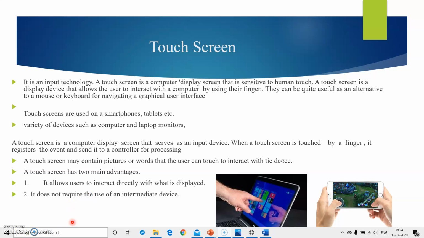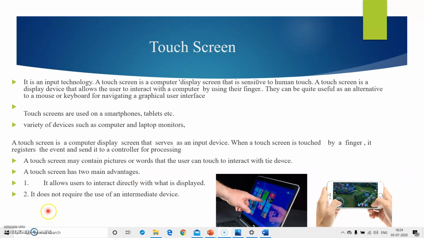For navigating a graphical user interface, touchscreens are used on smartphones, tablets, and a variety of devices such as computer and laptop monitors. In this image, you can see that this laptop is a touchscreen laptop, and this is the image of a mobile phone. It's called a smartphone. It is having touchscreen technology.